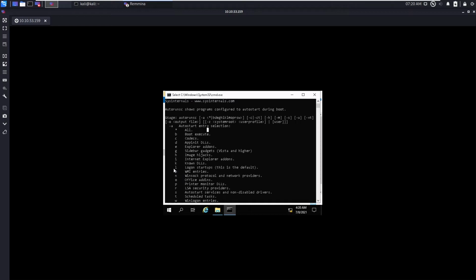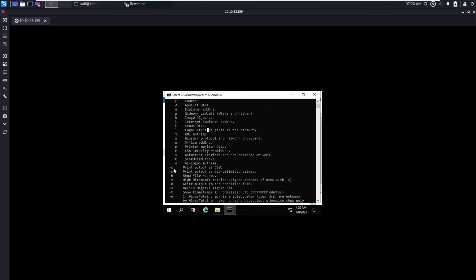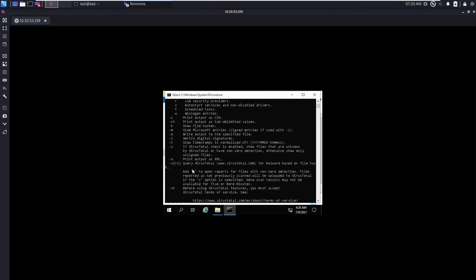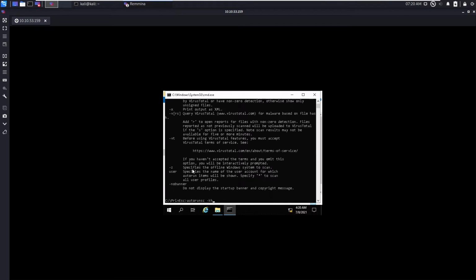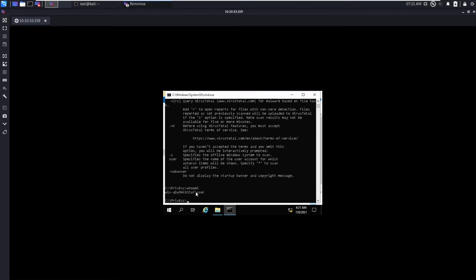The particular thing we are interested in is logon startups. Whenever a user logs on, the startup scripts and executables are going to run. You can also output into CSV format. We are going to use -a l, and we are also going to use the username option, so this will run for our specific user.